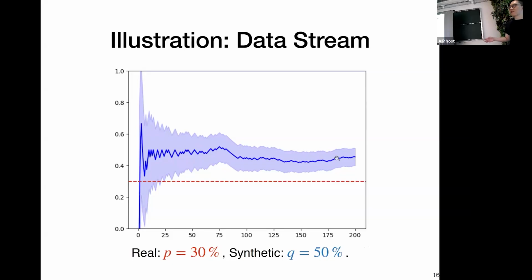Along the way, you will get this blue solid line. This blue solid line represents your point estimate over time. Eventually, it will converge to 0.5. That is the bias distribution given by your LM. So you can imagine the large language model actually implicitly defines a synthetic or imaginary population, right? And the true answer is 30%. You can use standard statistical methods to construct a confidence interval to perform the error bar.